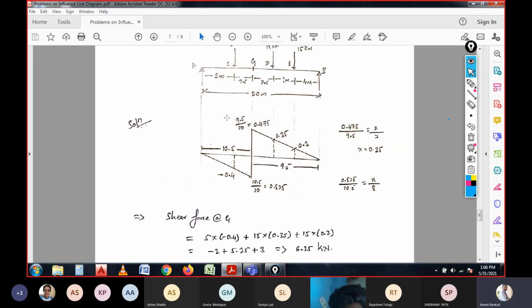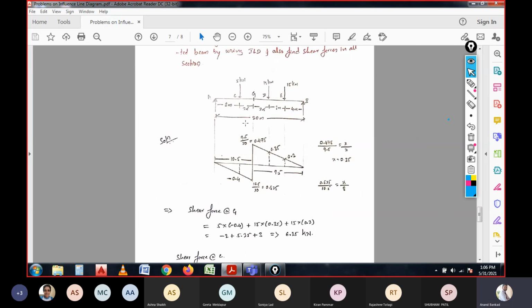Just observe here: this 5 kilonewton load into minus 0.4 is the coefficient value. 5 into minus 0.4 plus this 15 into 0.35, and next this 15 into 0.2. So altogether, if you add with the same considerations, it will be 6.25 kilonewton of shear force at the